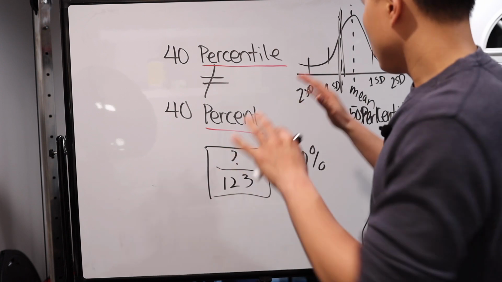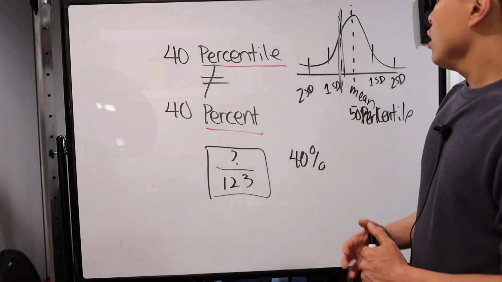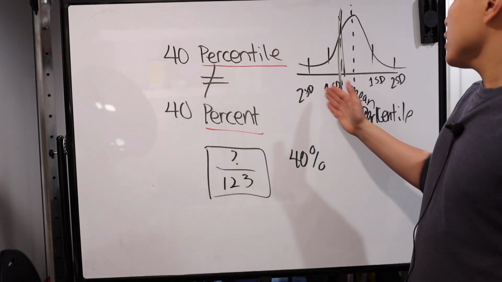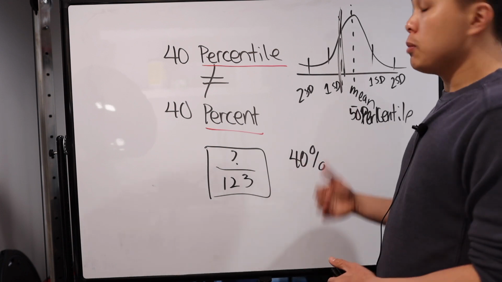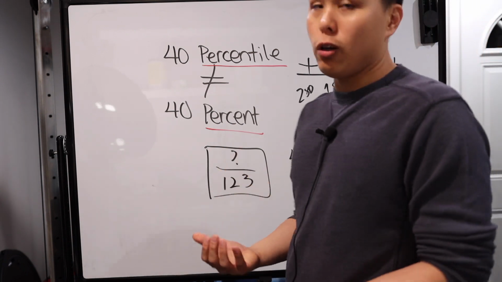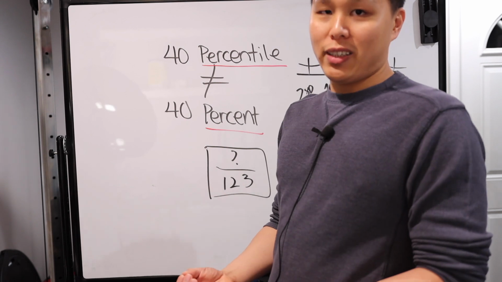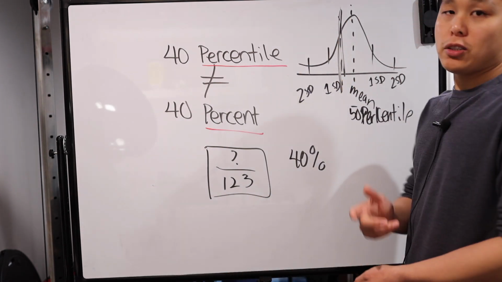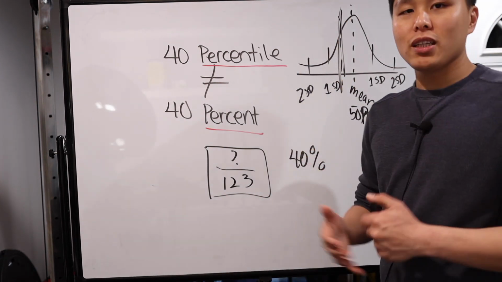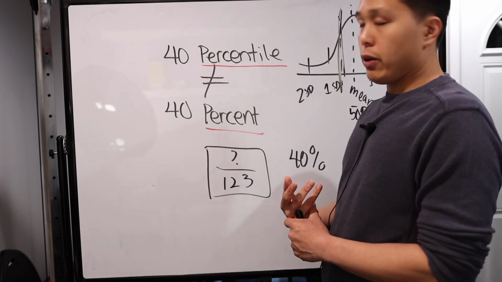Of course, it can get more complicated than that. But the idea is that the 40th percentile doesn't mean you're going to fail. It just means that 60% of the people did better than you. So is there room for improvement? Definitely. If 60% of the entire population who took the exam did better than you, then you should probably study a little more. That doesn't guarantee you failed the course.